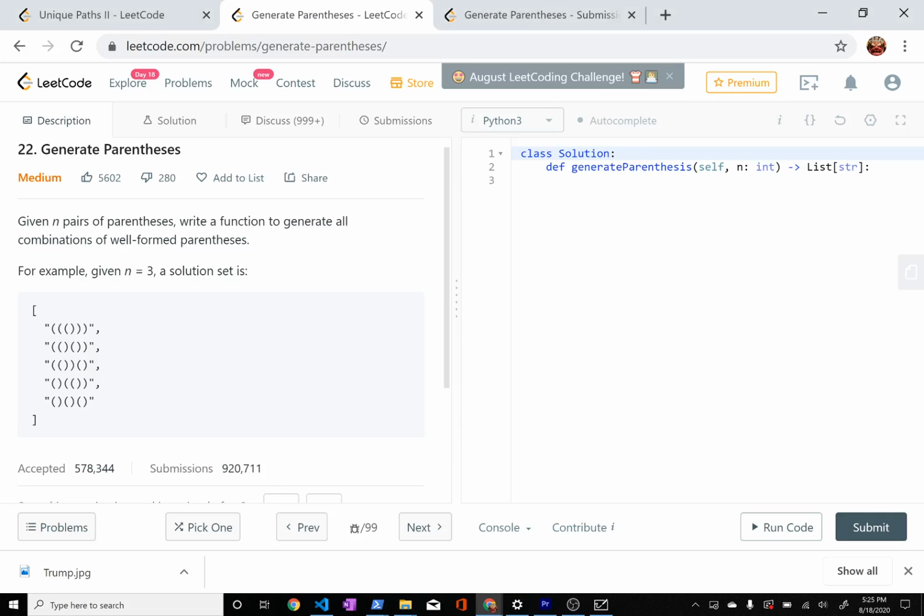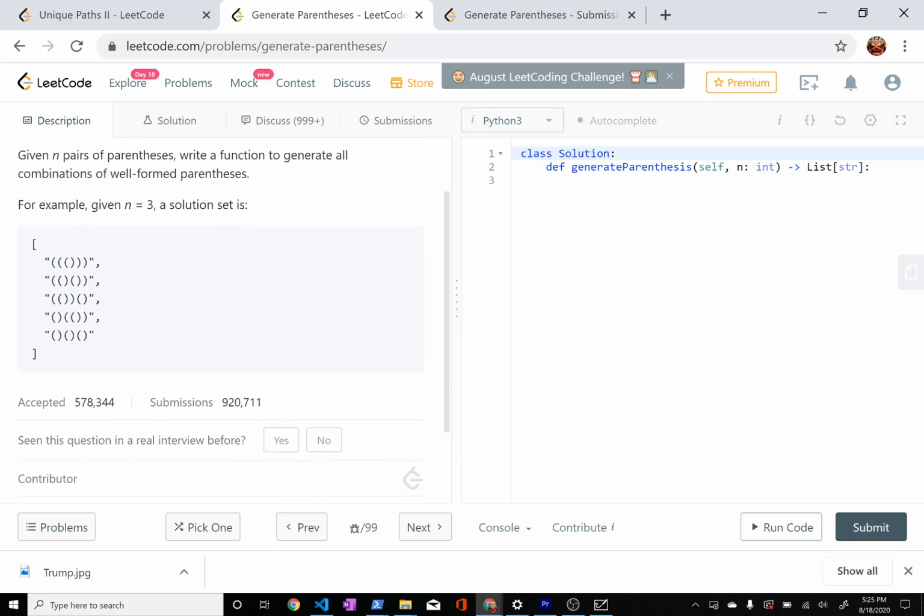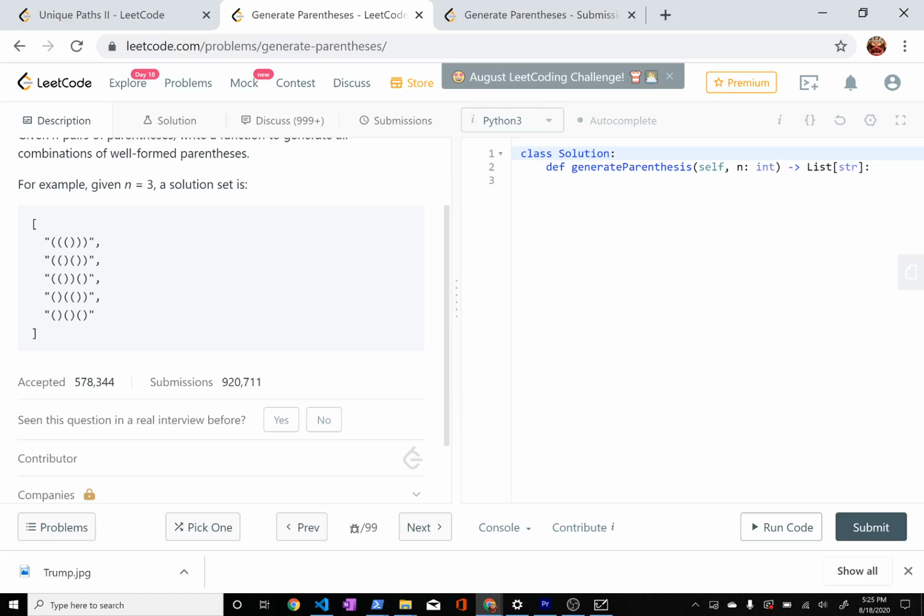Hi, today I'm talking about LeetCode problem 22, generate parentheses. What this problem asks you to do is write a function, generate parentheses, which will return all of the valid strings that use that number of parentheses. So their example is if you're given the number n, you'll return all of the valid strings that have 3